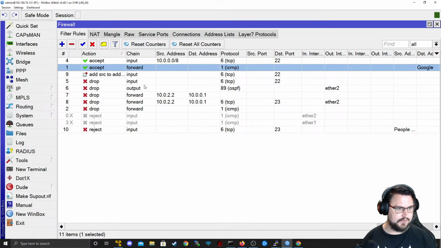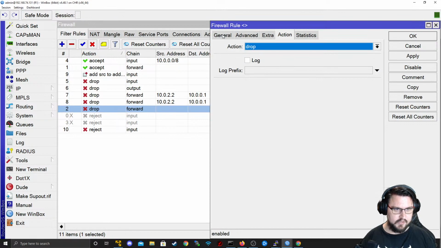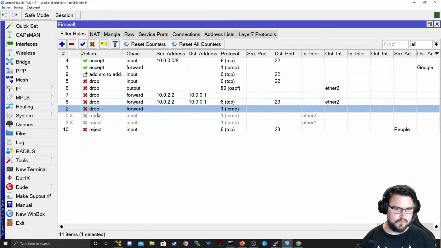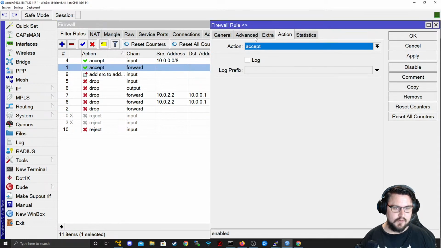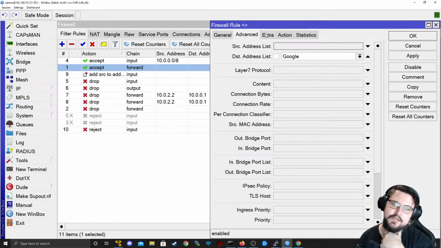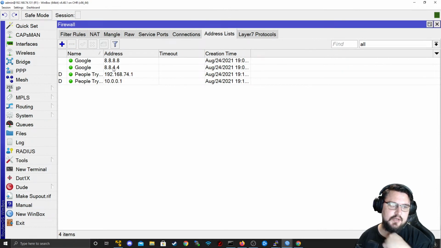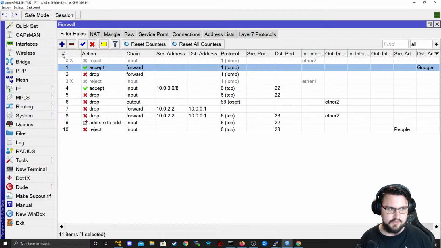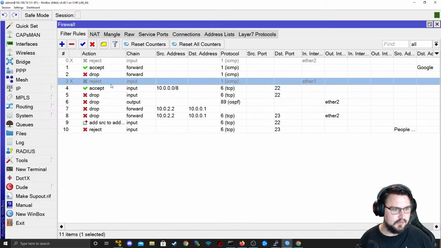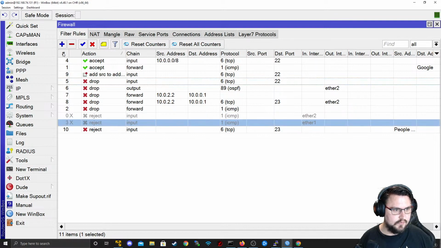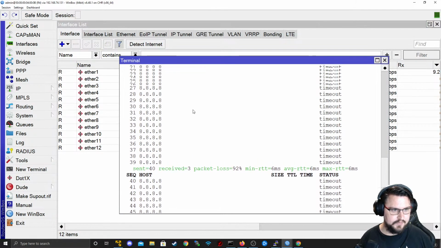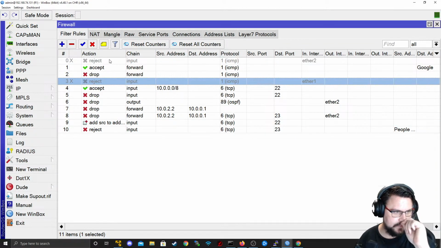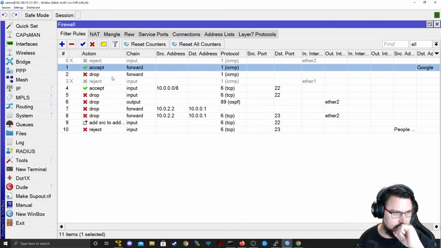And then what we're going to do is we're just going to disable a few of these drops. Oh, this is definitely going to cause an issue. There we go. What I don't get is we've got a Google address list here, and it should be the 8.8.8.8 and 8.8.4.4, which should in theory be first, right? But that doesn't seem to have been the case. So what I'm going to do is, wait, my ping is timing out again. Let's just do the sequences like this again. And we've got,